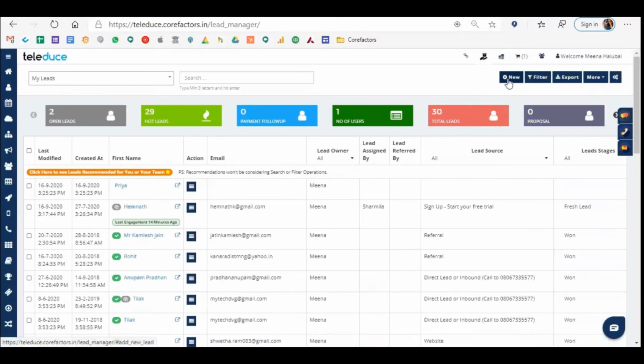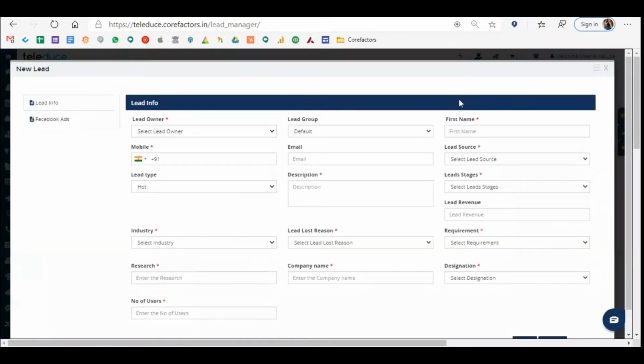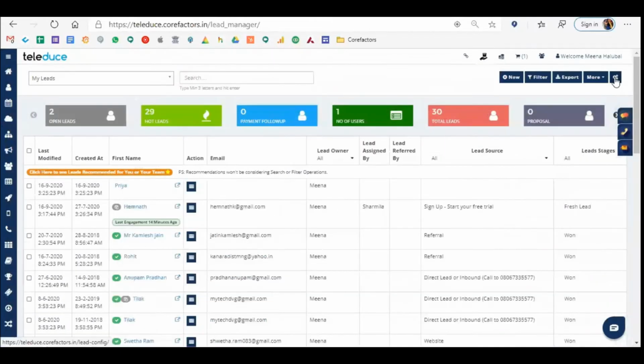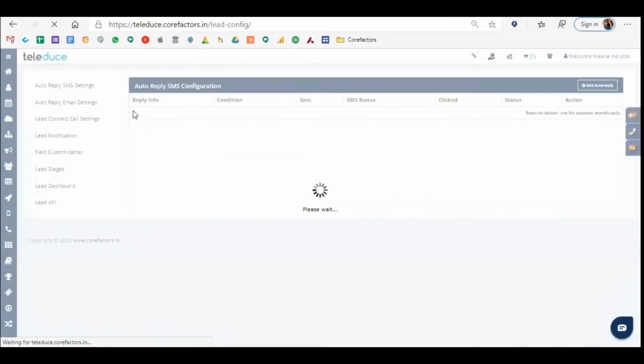Now, in the beginning of the webinar, or the beginning of the lead box information, I was telling you that this information can be customized. Let me show you how you can customize and where exactly you can do the customizations and other configurations as well. The last icon is the customization icon. When you click on the customizations icon, there are a few things that you can make changes to.